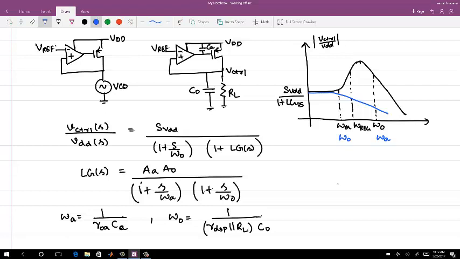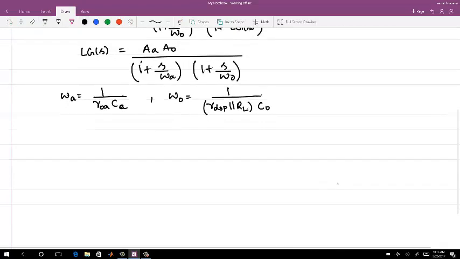Now let me ask you this. If you do not add any additional capacitor, which capacitor will be large, CA or CO? CA, right? There's the gate capacitance of the whole big transistor which is supplying the current, and it also depends on the output impedance of the amplifier, whereas the effective impedance of the VCO, which is consuming a good amount of current, will be lower. So in order to make omega out dominant, you have to put in a lot of additional capacitor. The large area for the capacitor is the trade-off. Okay, so what we have seen is only the transfer function from VDD